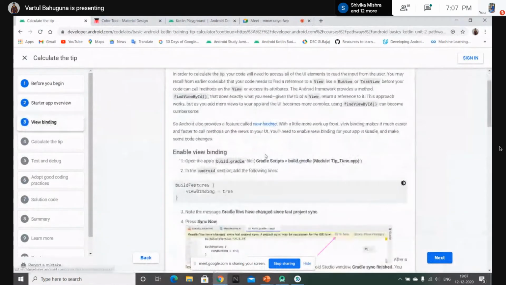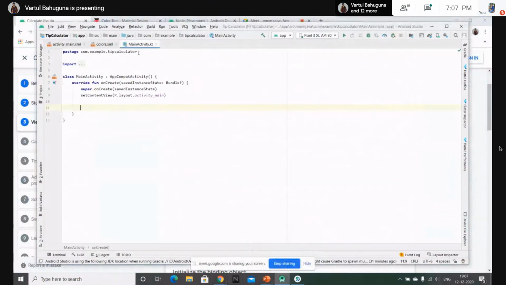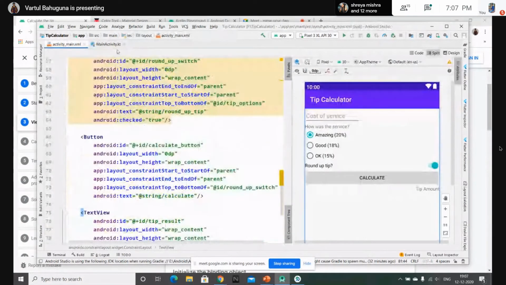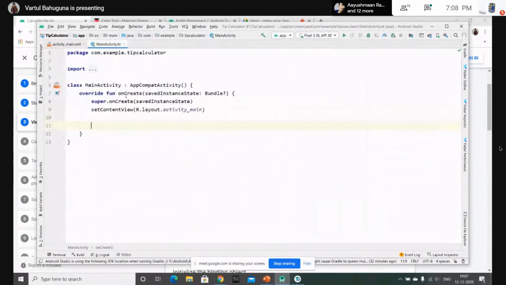Now view binding. So earlier, to use these buttons or these text views, we would first create a val, then name it something.